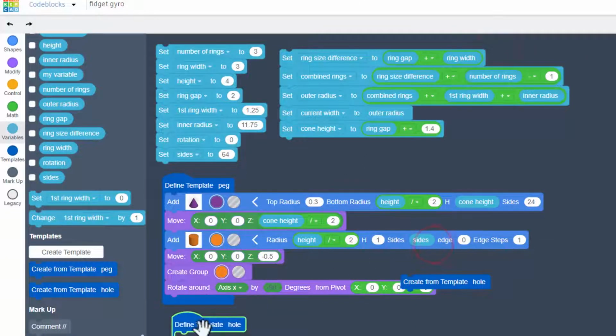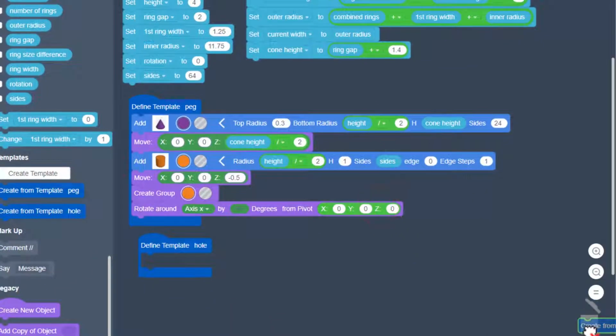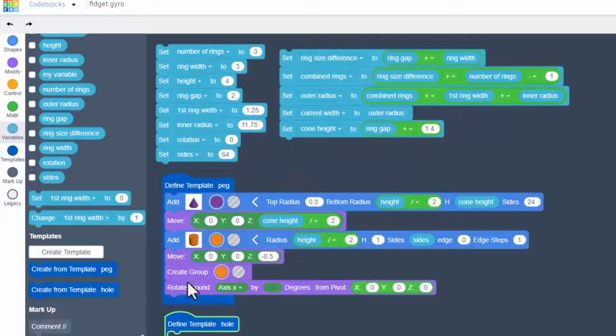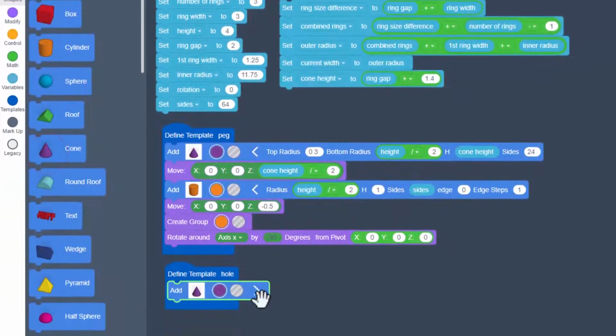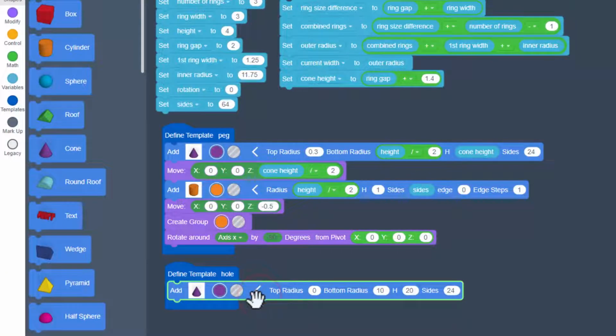Notice it once again gives us our 2 parts. I am not going to create from the template hole yet. We are going to build these quite similar. Once again, under shapes, we are going to bring out that cone, expand its properties. You must make it a hole. This is super important. We're also going to make it a little larger, so this is going to be 0.35,